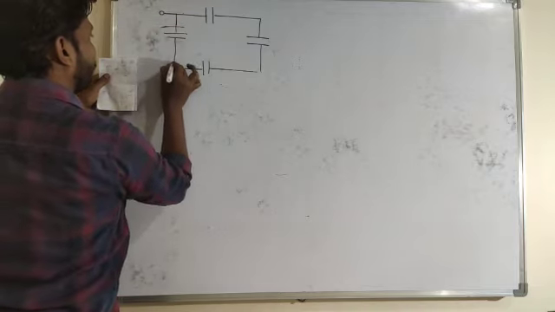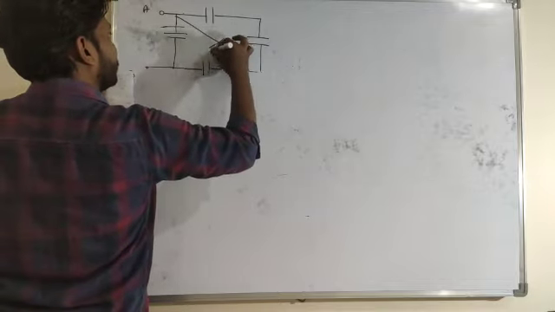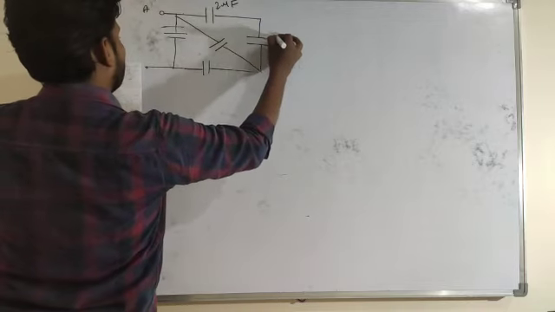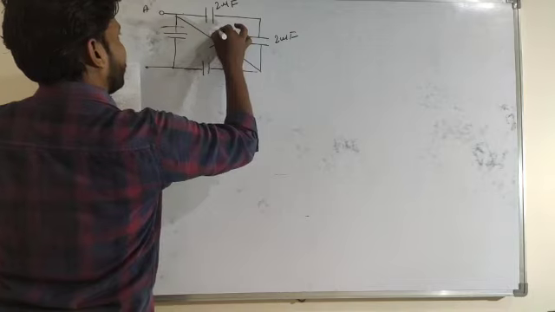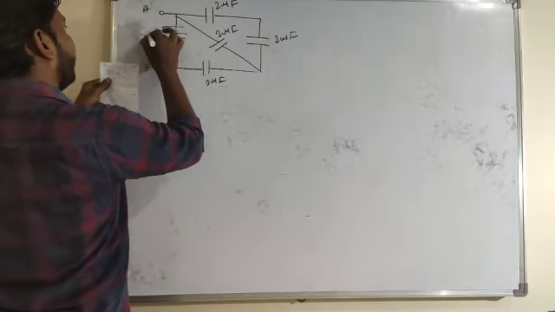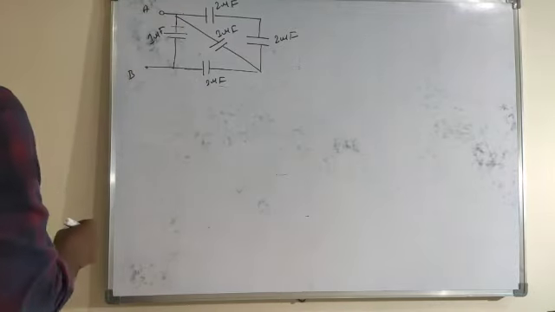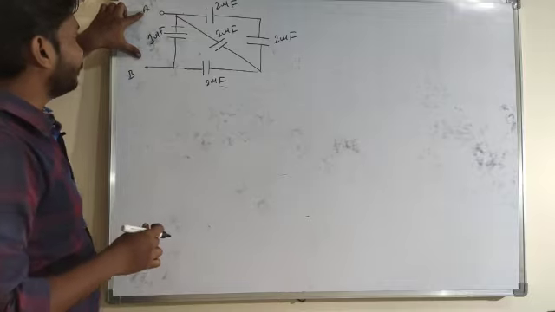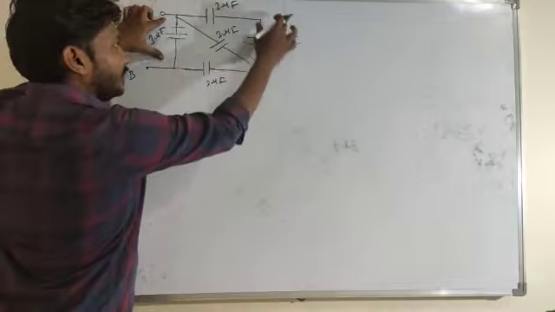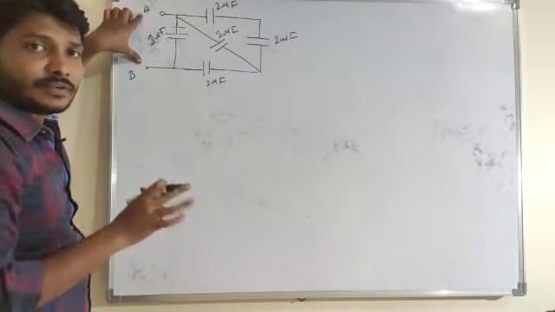So the given number of capacitors here. Its value is 2 microfarad, here also 2 microfarad. This one is 1 microfarad, 2 microfarad and 1 microfarad. They ask to determine the effective capacitance between points A and B. Between A and B, one 1 microfarad capacitor is there, so the remaining 4 capacitors I need to simplify to get the effective capacitance between A and B.